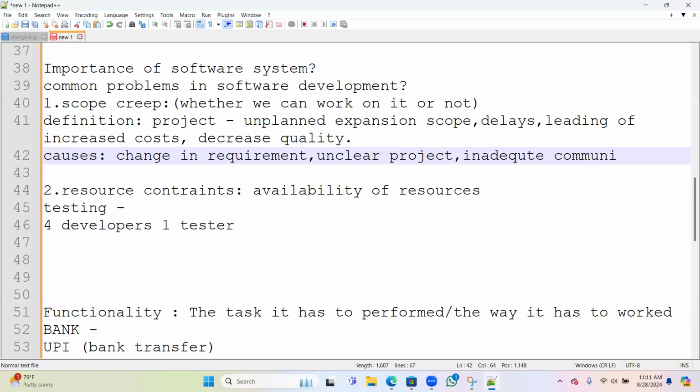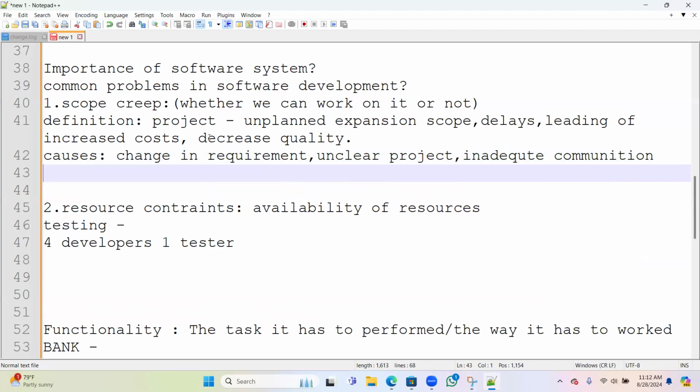Also not proper communication. Okay. So in that case, what is the resolution we can take here? We need to establish clear project boundaries, have a proper management process, and prioritize the features. Means whatever you're working on, you need to know. If you don't know what exactly you're working on, you can't do it. That's why we need to have the